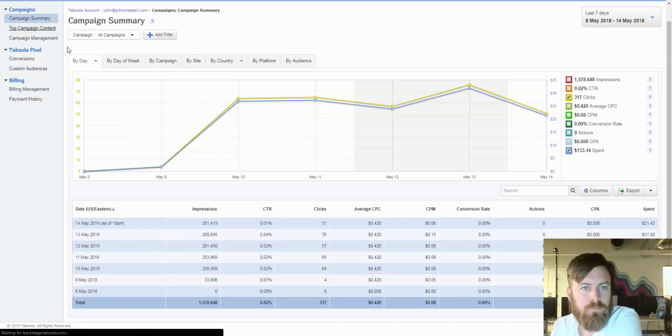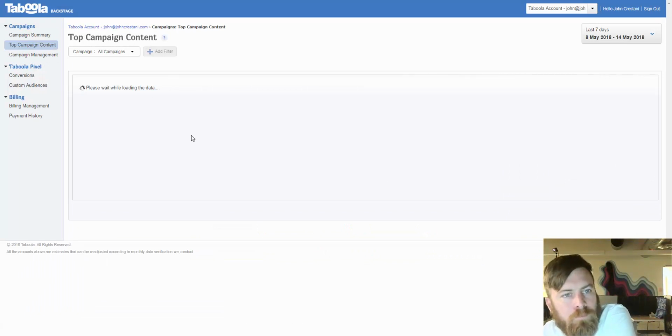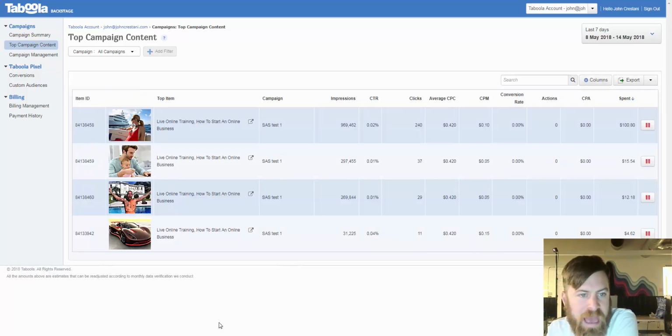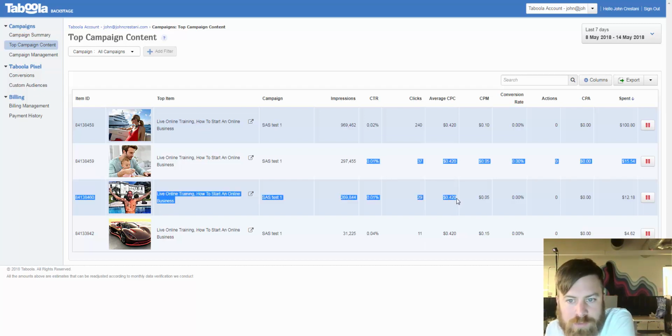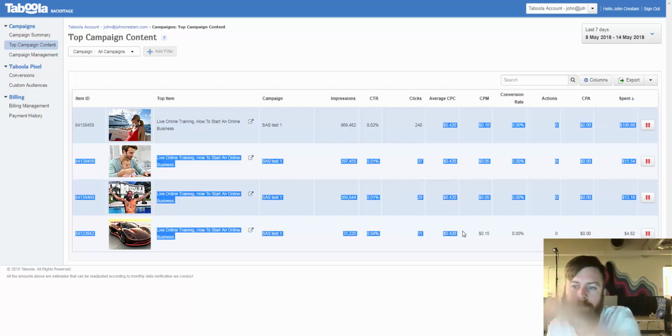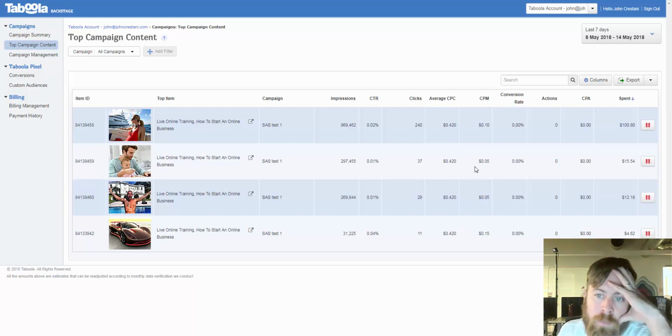Now, if we look here, I'm going to look at campaign content because all we can really optimize by right here is actually the ads. So what we're seeing here is a few interesting things. One is our average cost per click is the same throughout, which is nice to see. But at the same time, our click-through rate is very different from one ad to the other. So we have